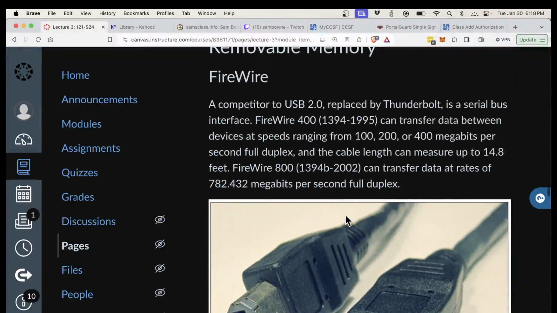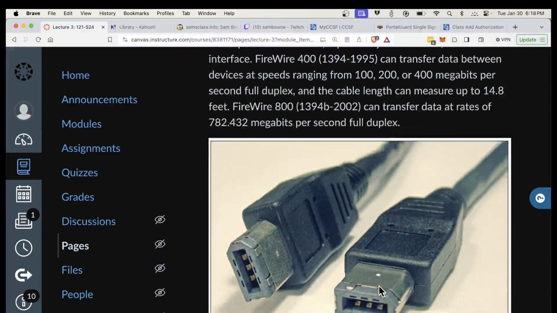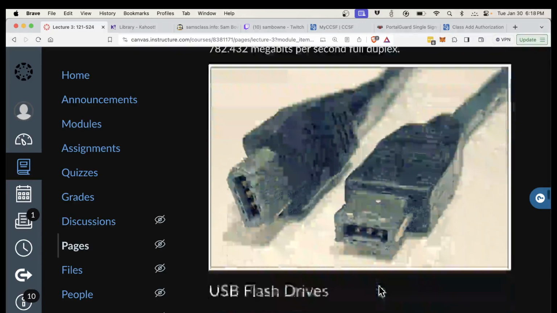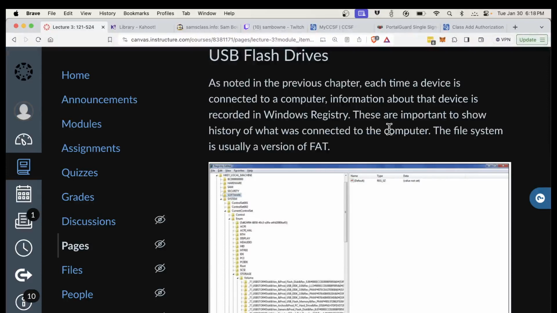Anyway, FireWire, before USB 2, there was FireWire, which a lot of people liked. It's somewhat faster than USB 2. I think these days that we have USB-C, again, it doesn't matter that much. And you got flash drives, those thumb drives. You don't see those around anymore so much, but for a long time they were really popular, and they're typically